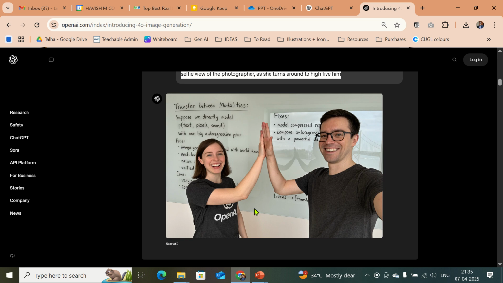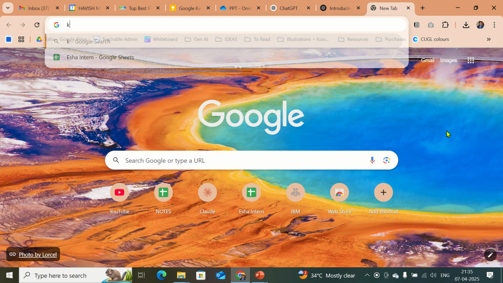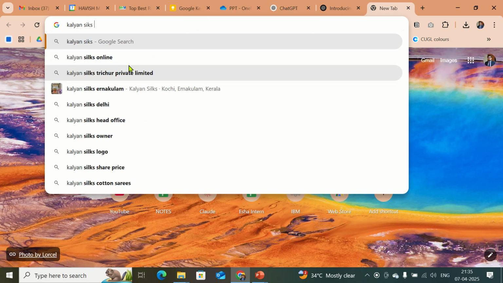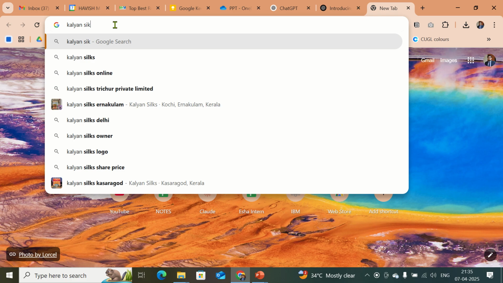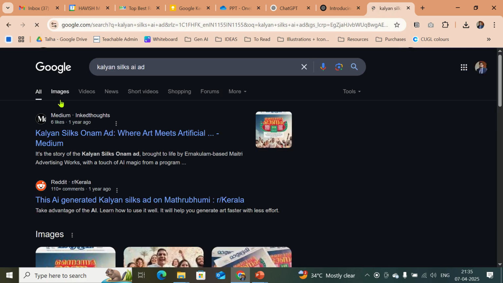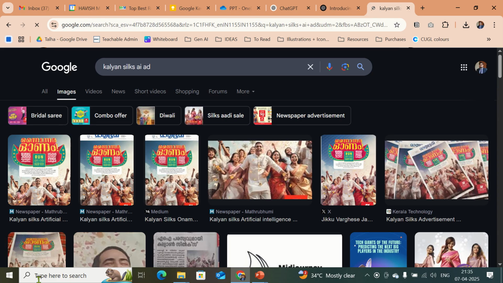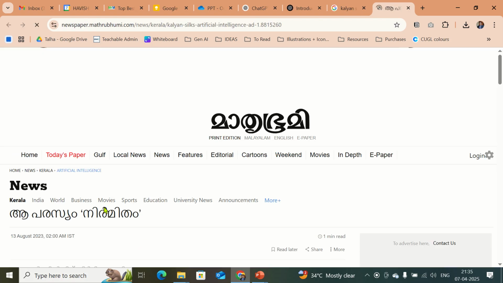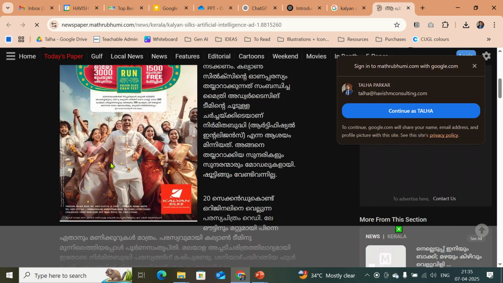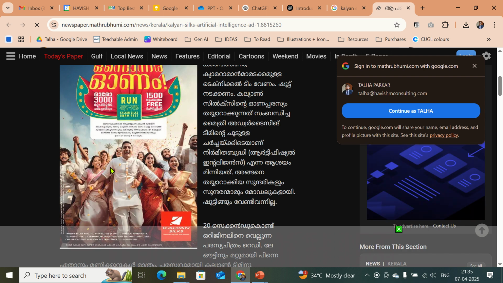And so image generation has come quite a long way. One of the earlier ads that I had seen was by, so there's this brand, I'm not sure if it is based out of Kerala. Yeah, it's based out of Kerala. Kalyan Silks AI ad. This is how I know how to search for it. This is one of the earliest ads that I had seen. I'm not sure how long this was. This was 13th August 2023, and this was the ad, right? This was an AI generated ad,